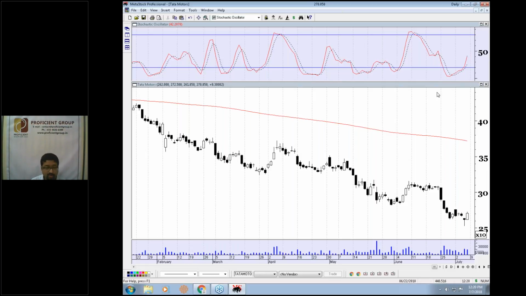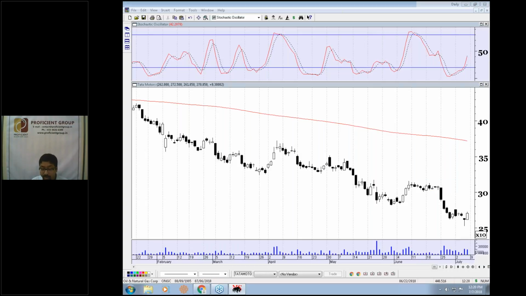Prices are already below the 200-day moving average. The series of lower tops are being visible on this chart. So there is no doubt about the longer term downtrend, but just wait a bit and let the stock go to some level of 280 or 285 or like that, so that the stochastic actually shows us an overbought region, and that will be the point to sell. Not right now I'm recommending to sell.